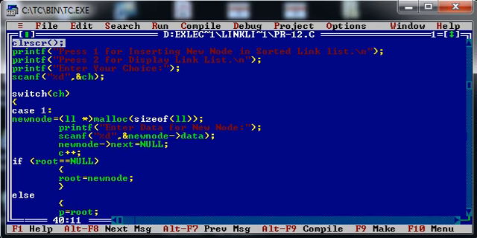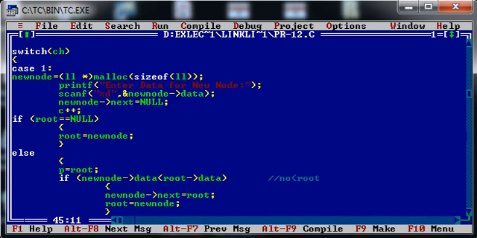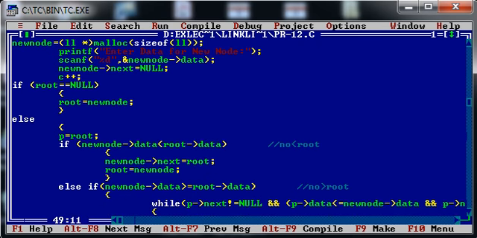If it is not the case, it means if root is not null, then I can say that the linked list is available. In that case, what do I have to do? We need to get ready for traversing. Now over here we are implementing a sorted linked list. The meaning of sorted linked list is that the nodes should be arranged automatically by the logic of the program based upon the value of the data member of that particular node. Okay, so first of all, how will we decide at which position a new node will be placed? That we can do with the help of comparison.